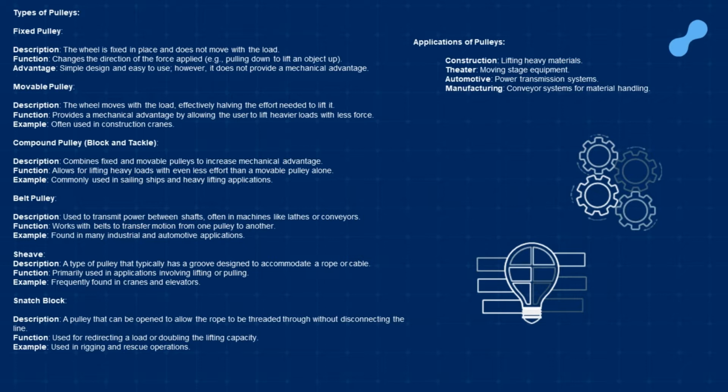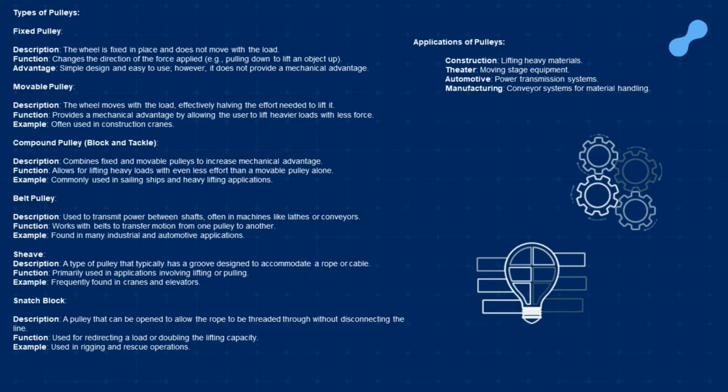Fixed pulley. Description: the wheel is fixed in place and does not move with the load. Function: changes the direction of the force applied, e.g., pulling down to lift an object. Movable pulley. Description: the wheel moves with the load, effectively halving the effort needed to lift it. Function: provides a mechanical advantage by